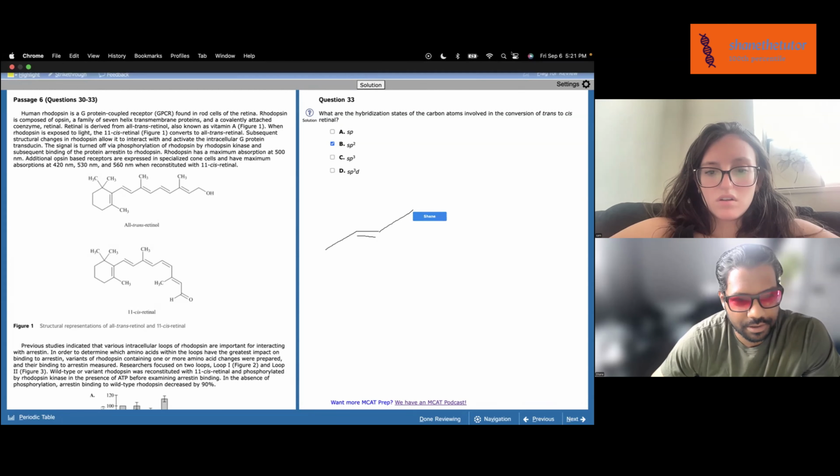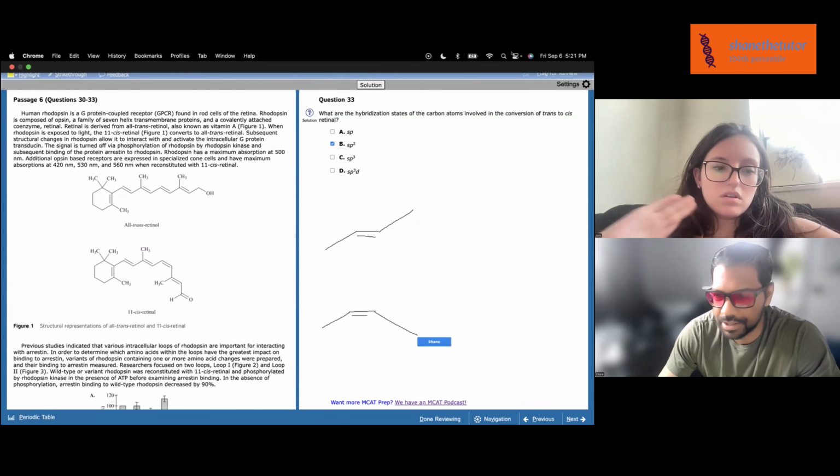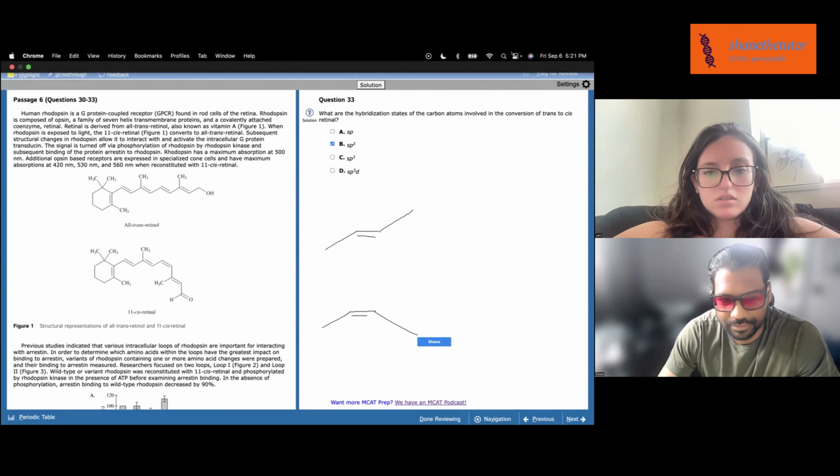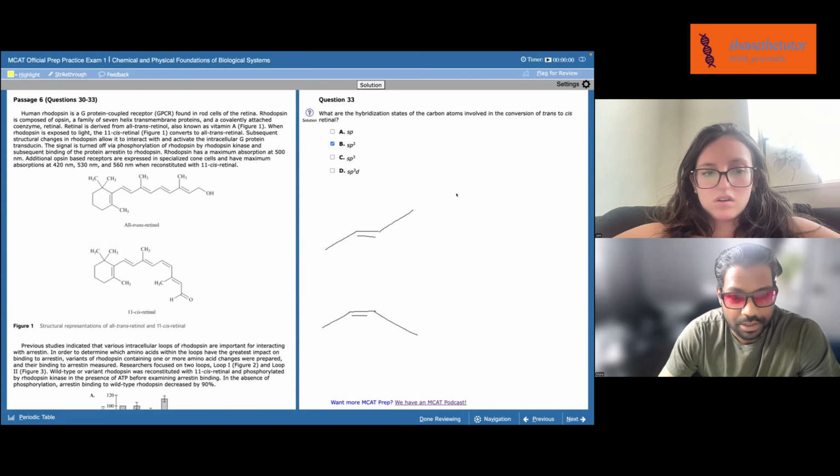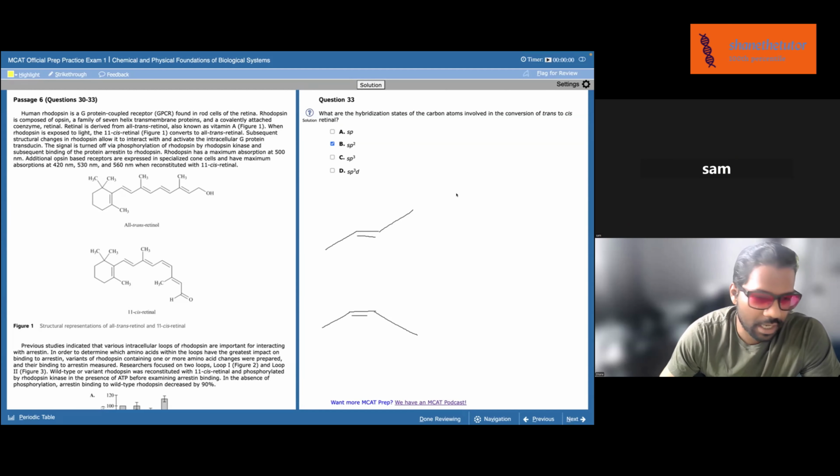Yeah, so for instance, this compared to this. So if they're in the same configuration, it's easier like this. So when you look at that, you want to think, okay, on the left side of the double bond,